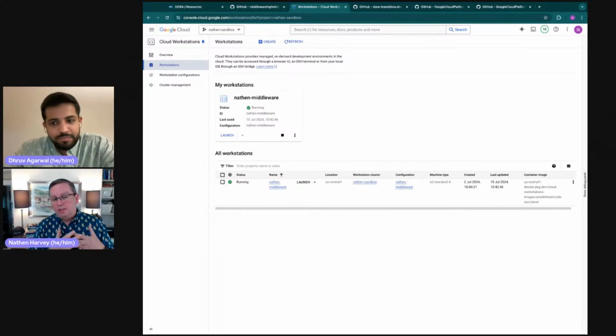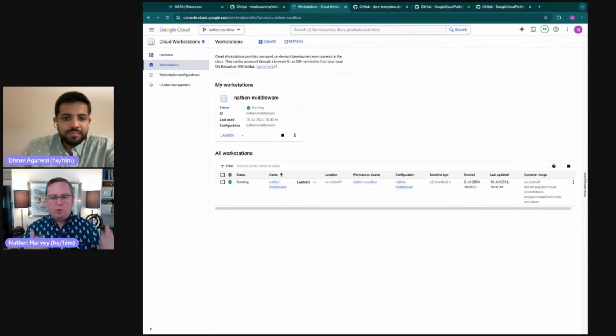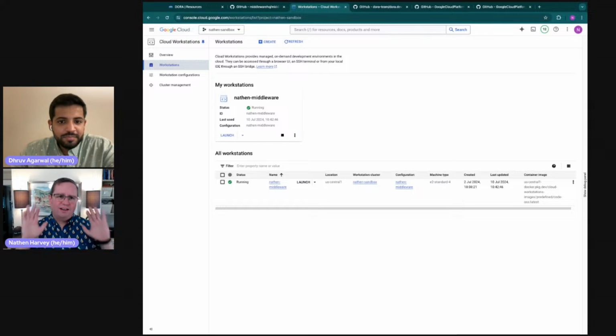And then as someone that's responsible for managing that infrastructure, the beautiful thing is if we need to update a package or something like that, once the workstation reboots, it gets that brand new configuration. So there's a lot of real strong power in this. I don't have to clutter my local machine with an internet connection. I can do all of the development work that I like. And as you can see, it takes just a little bit to launch a workstation.